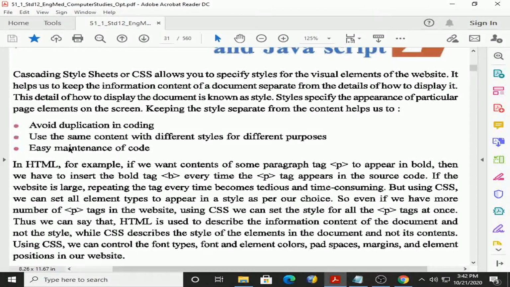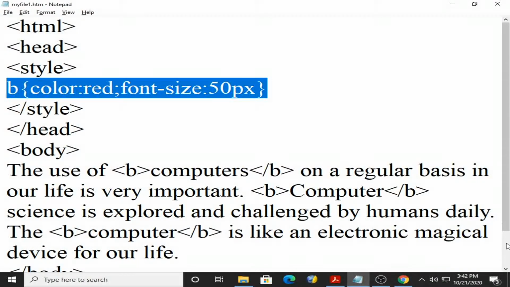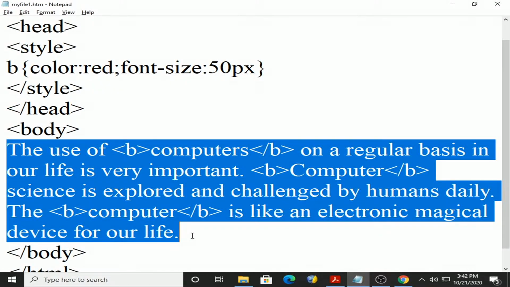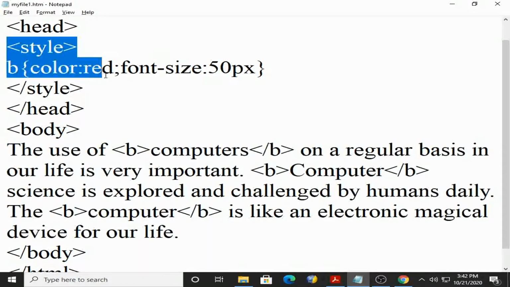It helps us to keep the information content of the document separate from the detail of how to display it. I hope you understand. Here content is separate from how it is displayed. How it is displayed means presentation. Content is inside the body and slash body area, and presentation is between style and slash style in the head section.